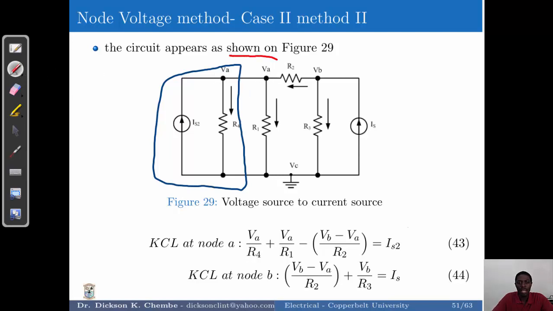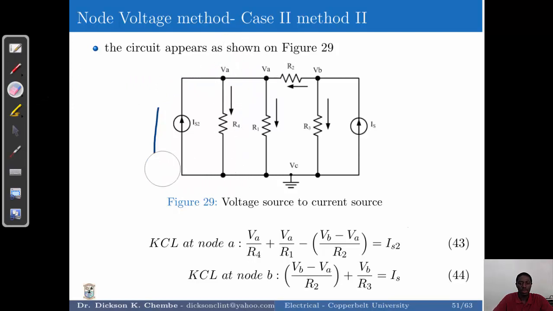And also you should notice that at node A here, between these two nodes, there's no circuit element, passive or active. This simply implies that this is one node. So if it is one node, it's simply the same VA as I have shown. So after that, we determine the